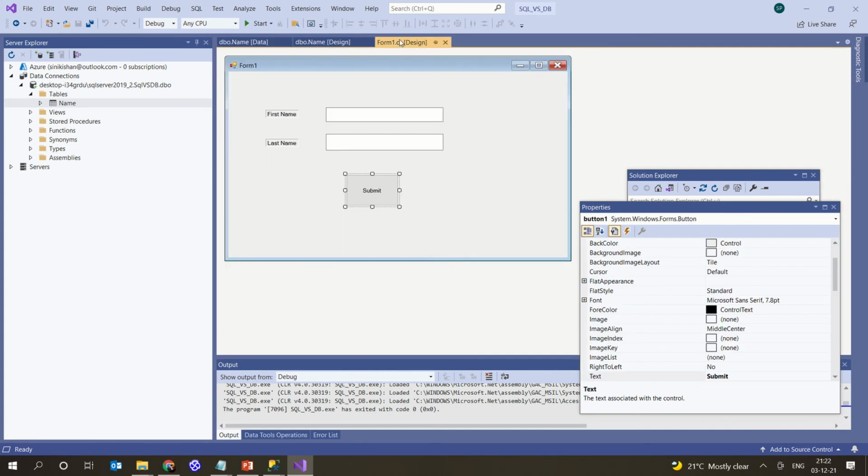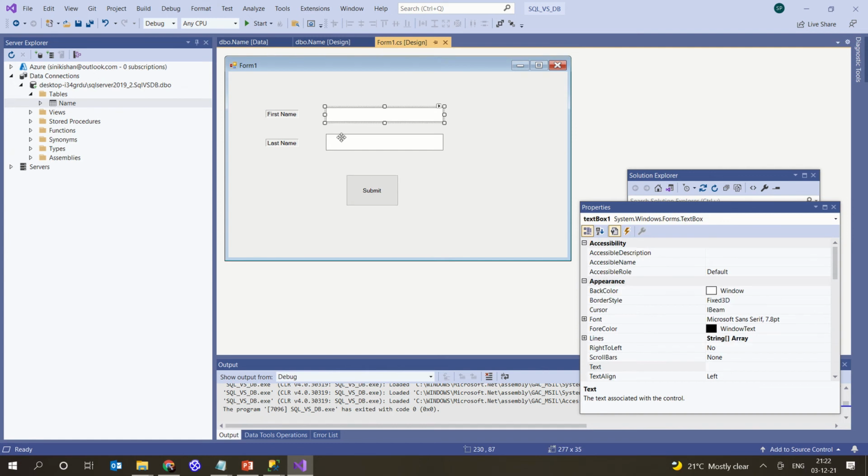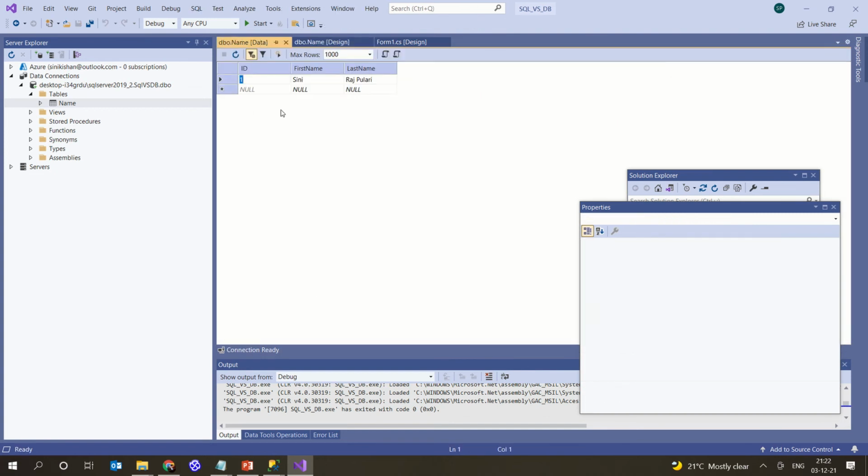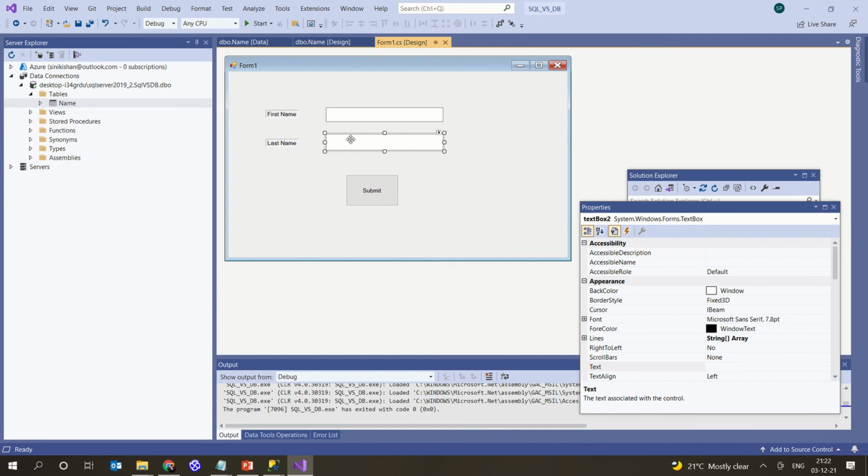Now the main thing I have to do is enter something in the first name and something in the last name. That change has to be reflected here in my DB. If I enter something there, that data has to be reflected here as the first name and the last name. That is what we are trying to do. That update has to happen when we click on the submit button. So when we click on submit, whatever I have entered as the first name and last name has to be saved in the database.